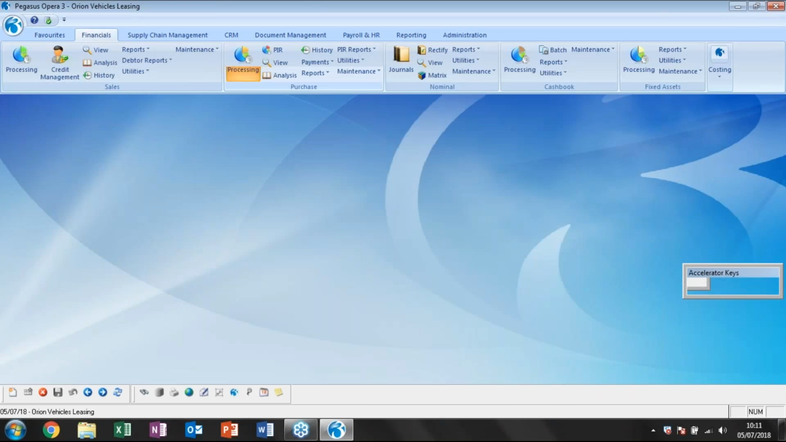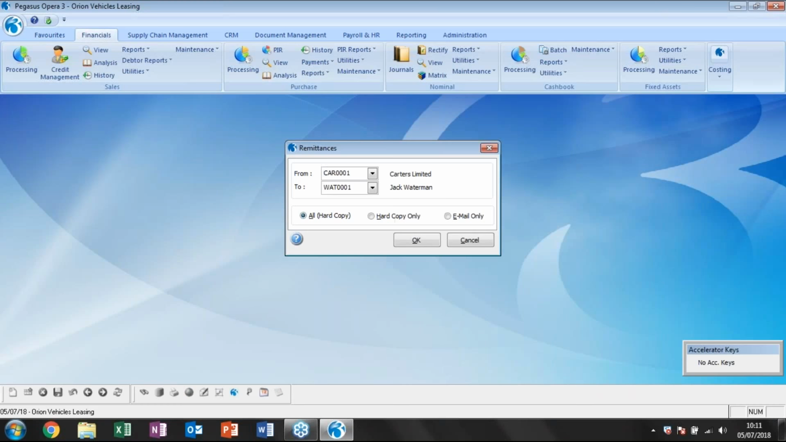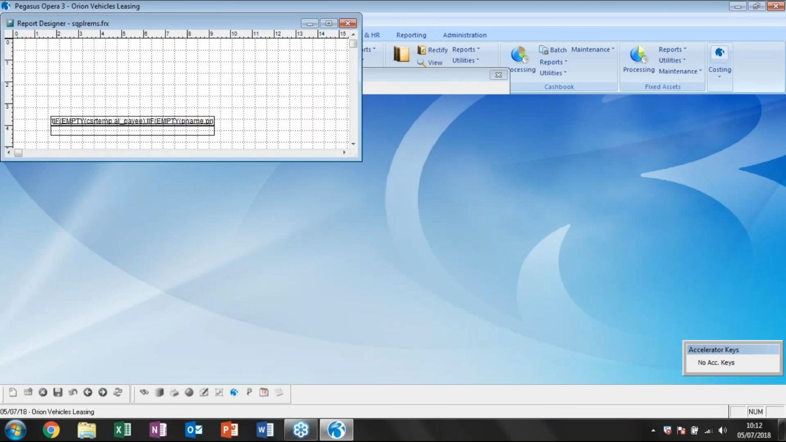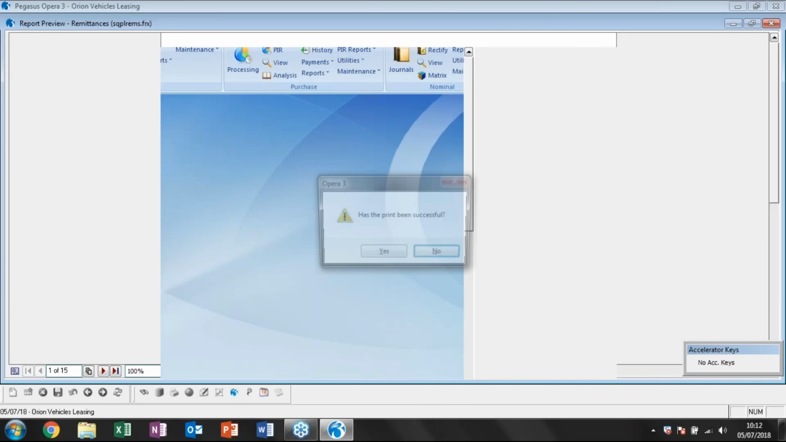Once those settings are set, the exact same process is relevant with regards to going into reports and then selecting remittances. What I'm sure you've all seen is once we've selected our options, so they're the same again, all hard copy will override all the settings, hard copy only will only print those to hard copy set, and email only will only email those that have got an email address. If I just say all hard copy as an example, and I'm going to publish this to screen,